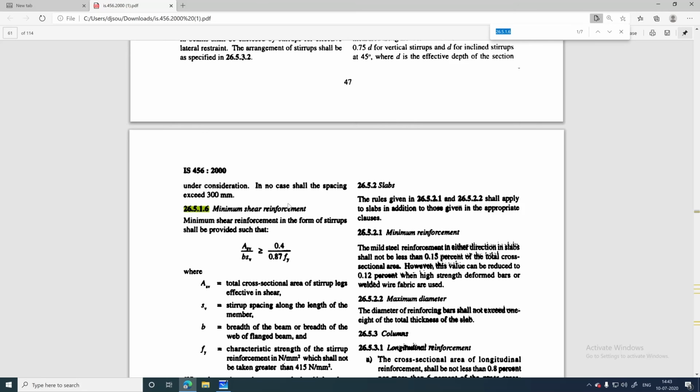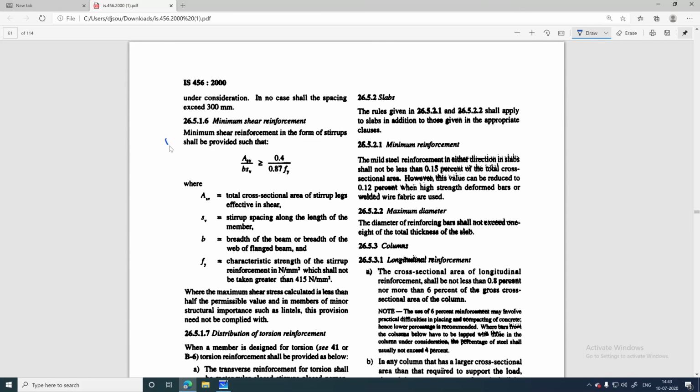Yes, so this is 26.5.1.6. Here you can see Asv by b sv is greater than or equal to 0.4 by 0.87 fy. So Asv, that means what? The total cross sectional area of stirrup legs effective in shear. So stirrup, you already know the stirrup. Now if I am providing a 2 leg stirrup, then it will be pi by 4 into 8 square into 2, because it is a 2 leg stirrup. Okay, if it is 1 leg, then you do not need to multiply by 2. And sv is the spacing, and b you already know, that is the breadth of the beam, and in this way you can determine sv, that means the spacing. Okay,